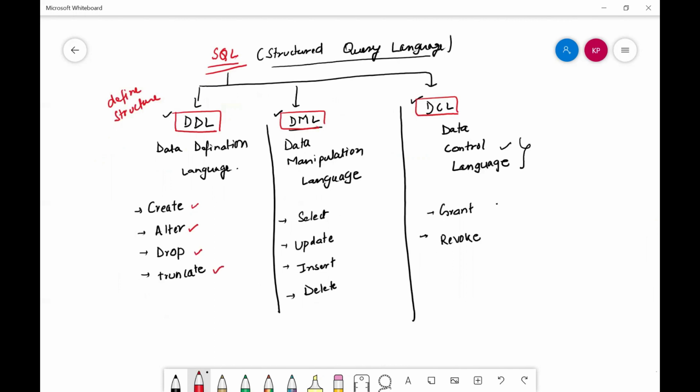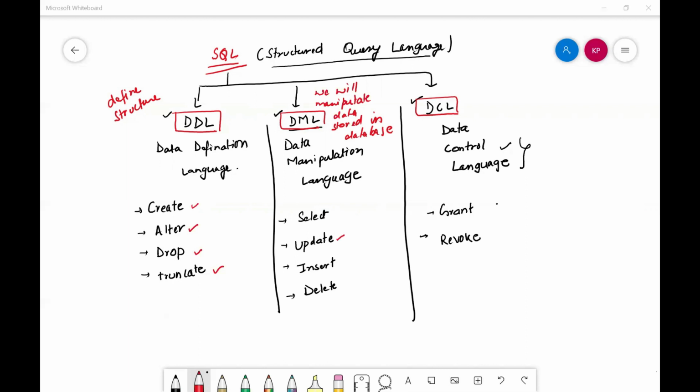So next is DML. DML is data manipulation language. Here we will manipulate the data stored in the database. By manipulate, we can first insert the data, or we can update the data which is already stored in the database.